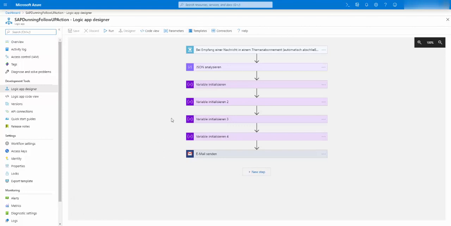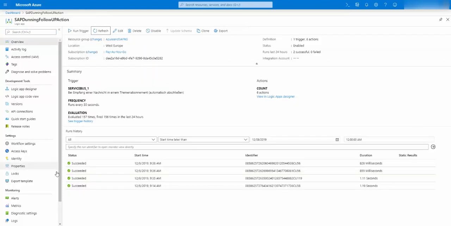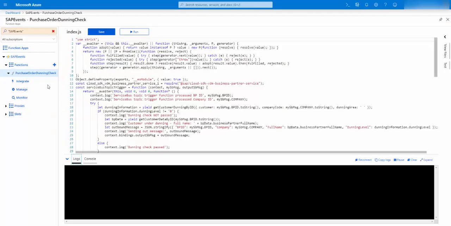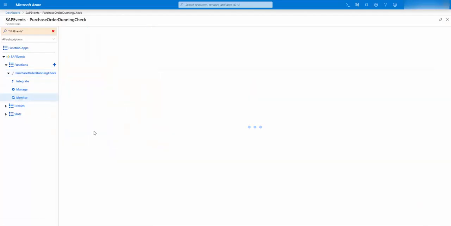Here is the definition, and here you can see the activity that took place. And last but not least, as we write an email, here is my email inbox for this demo. So, okay, now let's start. And before we start, I will take a look at the monitoring of my function, because it all happens